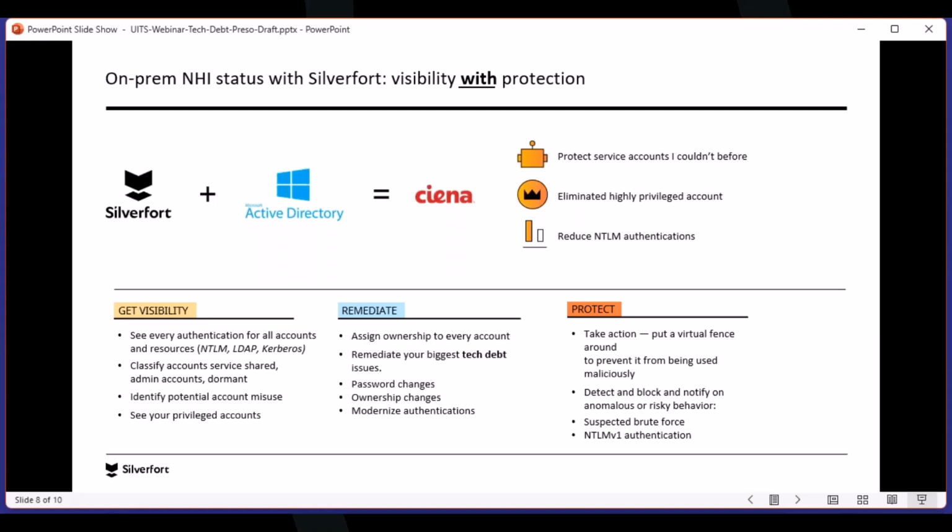It is very good and very easy for us to go in and see what has logged in or has not logged in. I would not recommend you use that entirely as the only metric that you have. You may have some accounts, like I mentioned before, that are tied to applications that may seem dormant, but at least for the majority of applications, you can use this to try and figure out which ones fall into those categories. It also helps you with potential account misuse, right? So we wanted the visibility of, do I have administrators who have accounts that are logging in like service accounts, right?